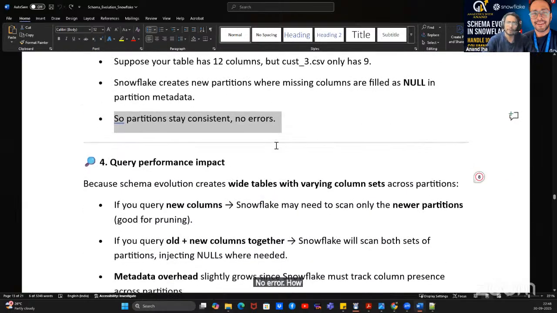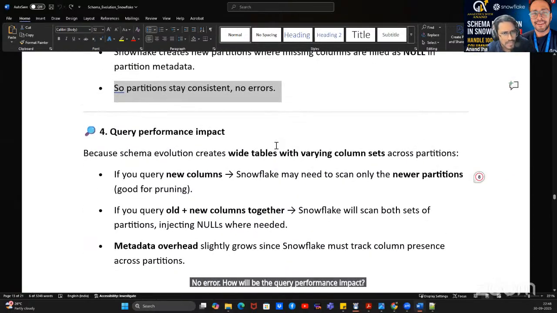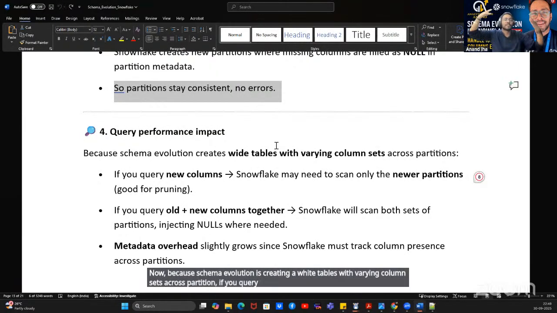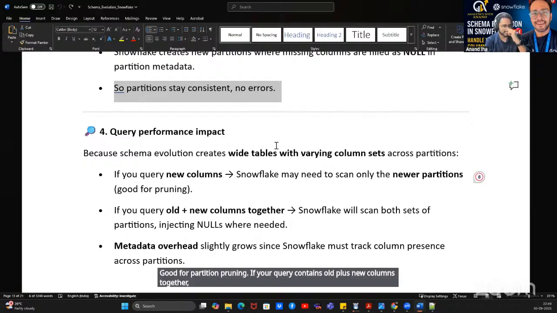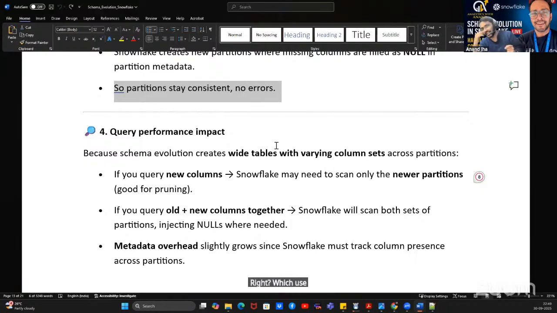How will query performance be impacted? Because schema evolution creates wide tables with varying column sets across partitions, if you query a new column, Snowflake may need to scan only the newer partitions. That's good for partition pruning. If your query contains old plus new columns together, as in the fourth use case, customer data 4, the evolved one, where you had the old columns and the new ones also,